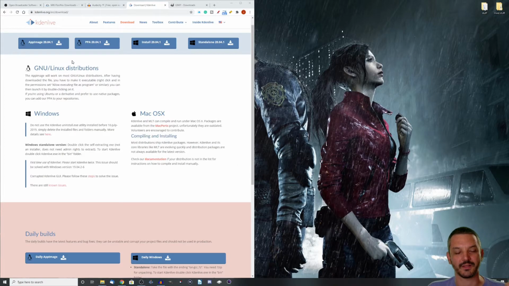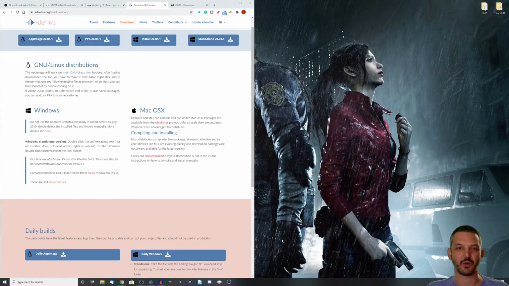Now they do have a Linux version as well as a Windows version, and they also claim to have a Mac OS X version, but unfortunately they do say that they are outdated clearly on the download page. So I cannot recommend that you use the Mac version of it. Instead, I would actually recommend you use something like iMovie if you want a free Mac alternative for a video editing software. So let's go ahead and open up Kdenlive